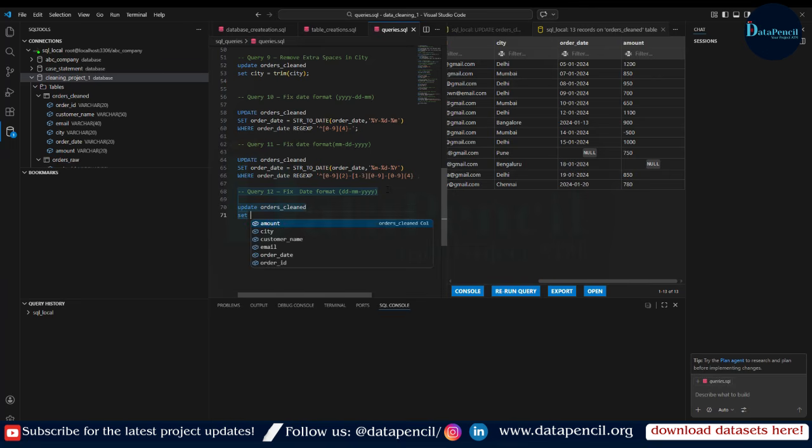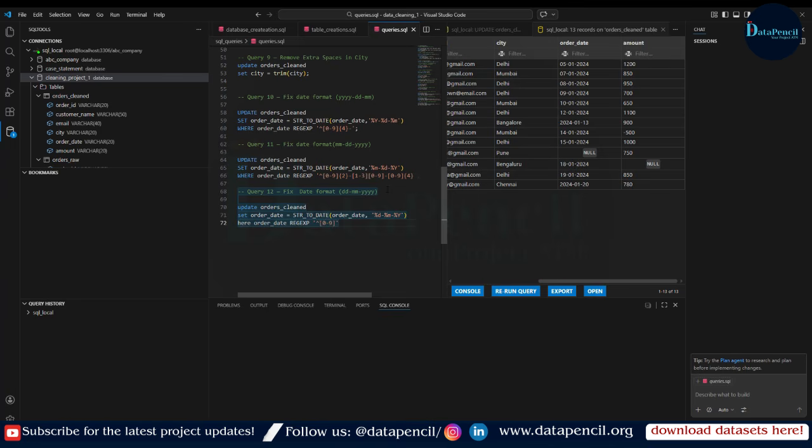We are going to set the order_date column using the STR_TO_DATE function, converting the order_date column where the format is DD-MM-YYYY. This is it. Now where the order_date pattern matches a regular expression which starts with any number